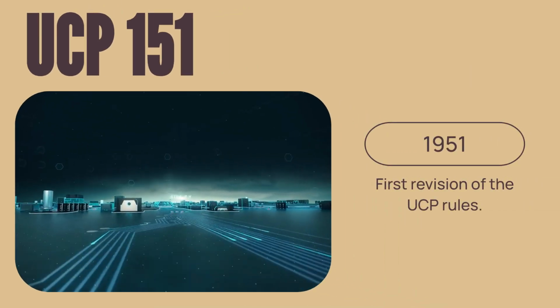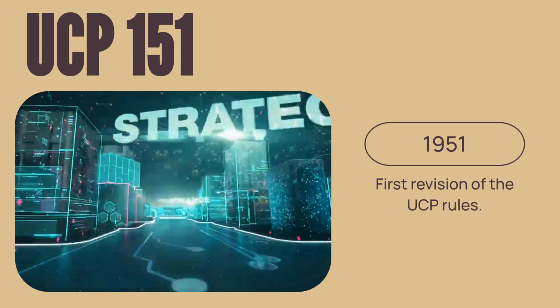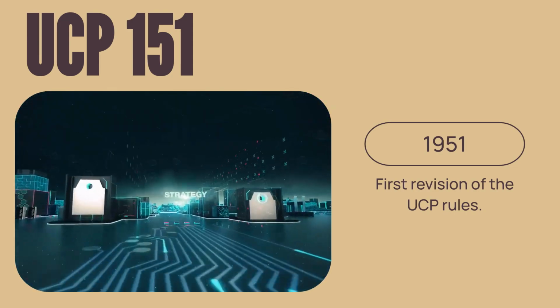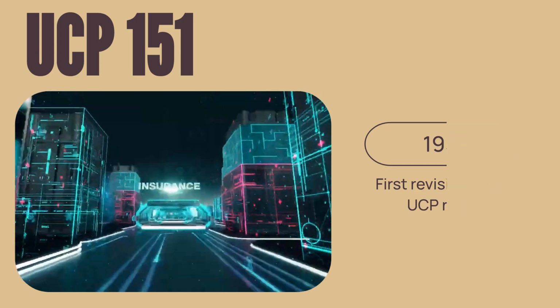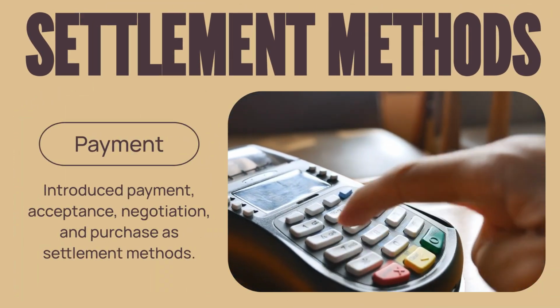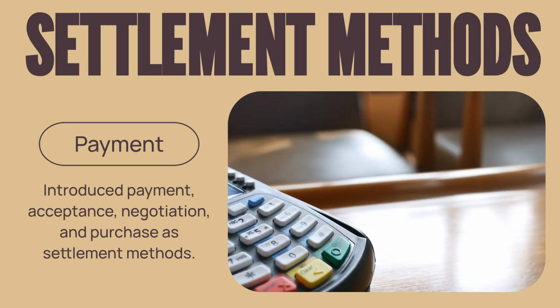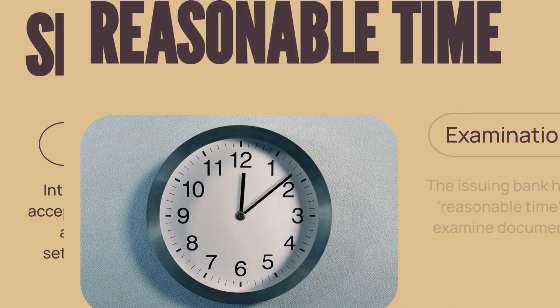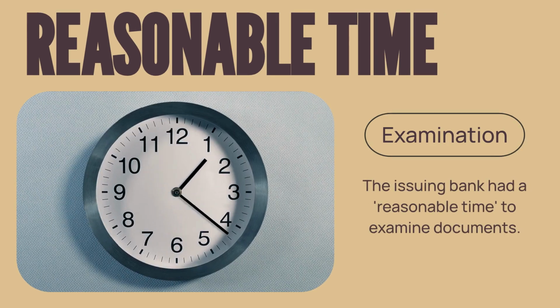The first revision, UCP 151 in 1951, brought several foundational changes that further refined the rules for documentary credit operations. This revision introduced the official methods of settlement, including payment, acceptance, negotiation, and purchase, expanding how credits could be utilized. A major addition was granting the issuing bank a, quote, reasonable time to examine documents, acknowledging the complexity of the